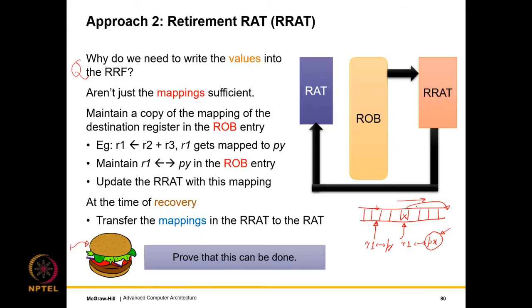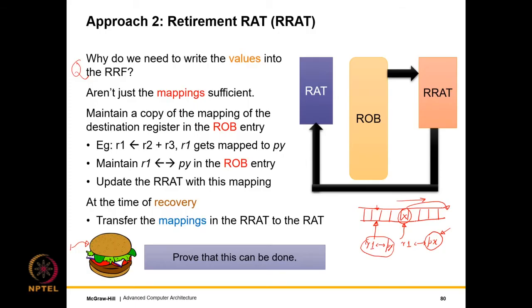The reason is that this instruction over here would not have committed, primarily because it would commit only when it reaches the head of the ROB. But before it reaches the head of the ROB, the branch will reach the head of the ROB, and at that point we will realize that it has been mispredicted. Since it has been mispredicted, we will then attempt a recovery, and then we will realize that when the branch was being renamed, R1 is mapped to Px.